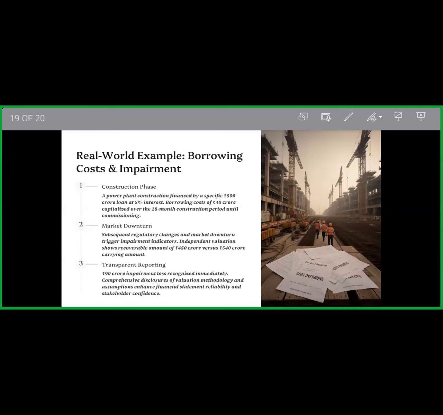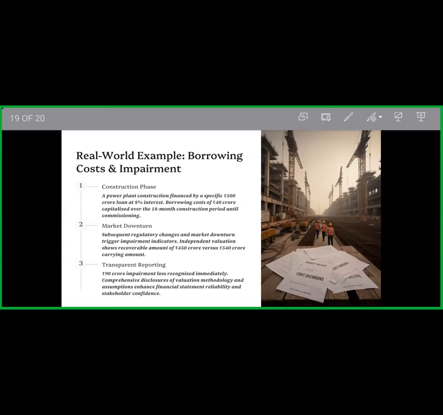But after some market conditions, the market value of the power plant is only 450 crore. That means your carrying value is 540 crore, and your recoverable value is 450 crore. That means your impairment loss is 90 crore. So 90 crore is the impairment loss recognized immediately, and the comprehensive disclosure of valuation methodology and assumptions enhances